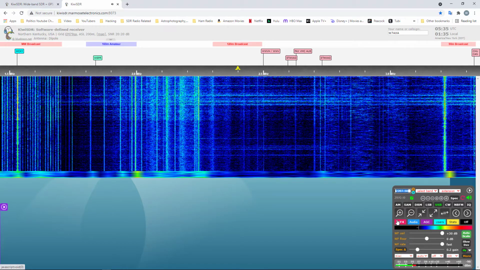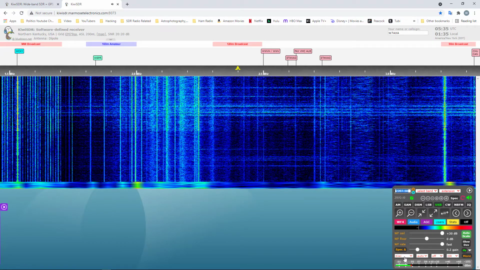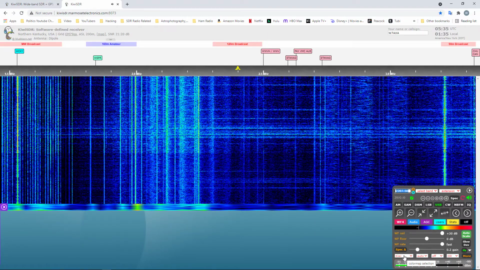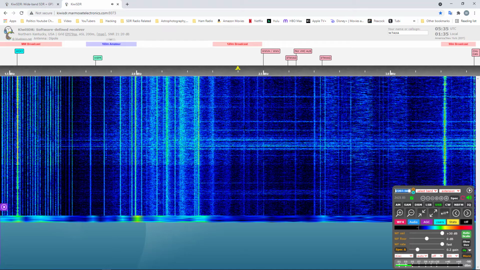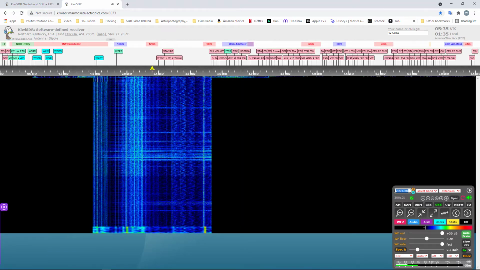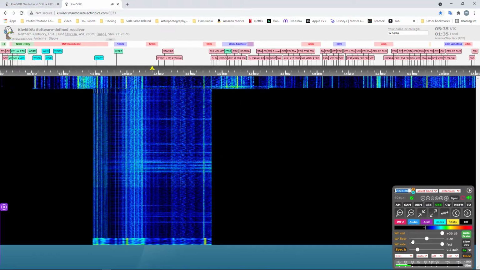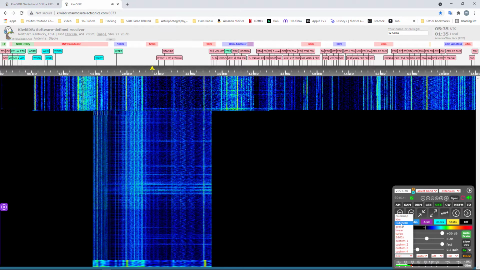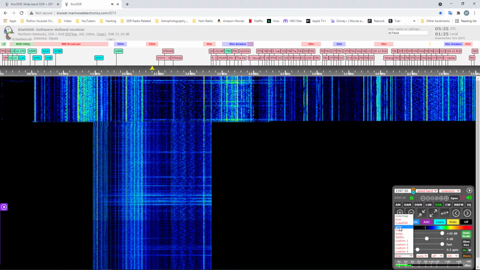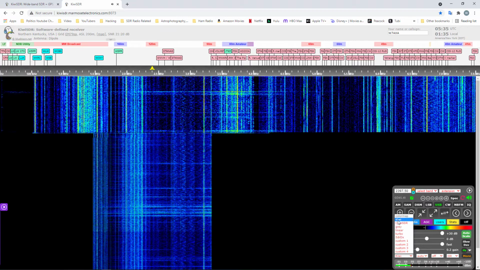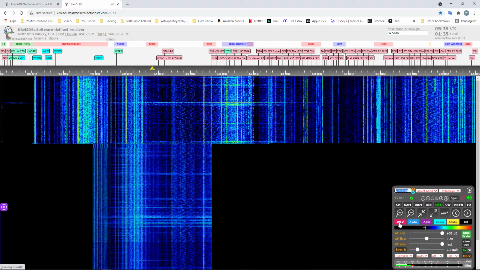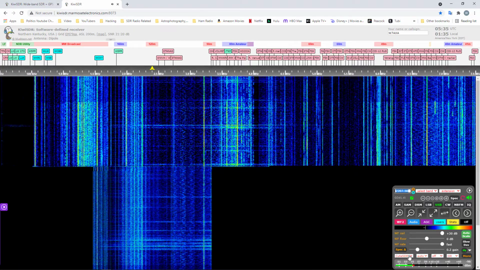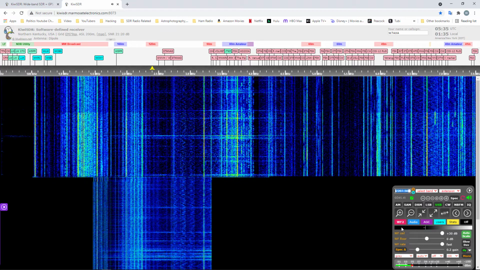Yeah, you can see the color. The color looks different. Normally, these colors are way more vibrant and deep. Alright, so that was Kiwi. Let's go to KiwiSDR. Nothing there.